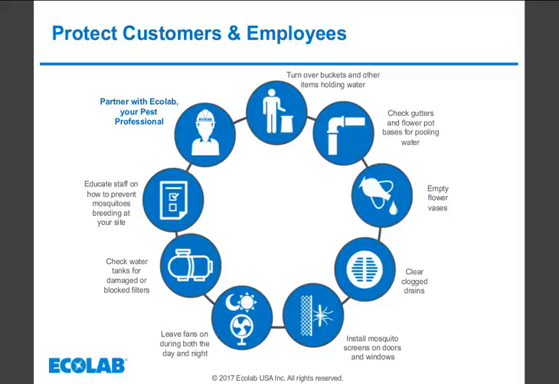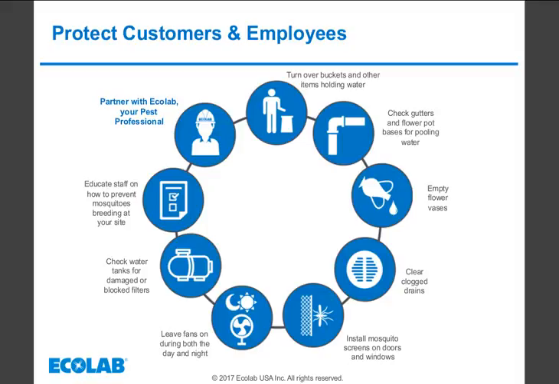There are also many steps that you can take to protect your customers and employees at your properties. First, remove potential breeding sites. This could be as simple as emptying or removing items that catch and hold rainwater. Or it could involve filling potholes in the parking lot or altering the landscape to reduce the potential breeding and resting sites. Check gutters and drains for pooling water sources and clear any blockage that may be creating a mosquito